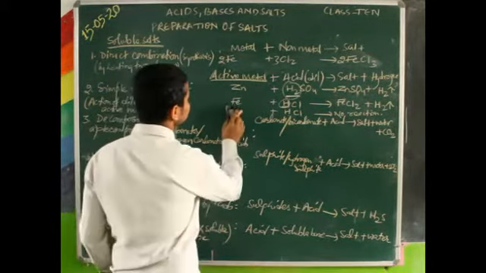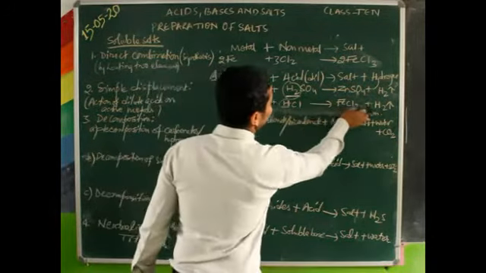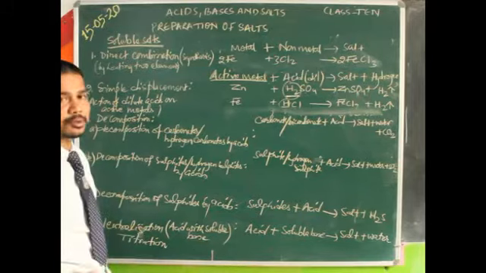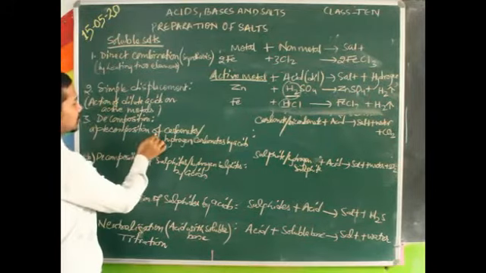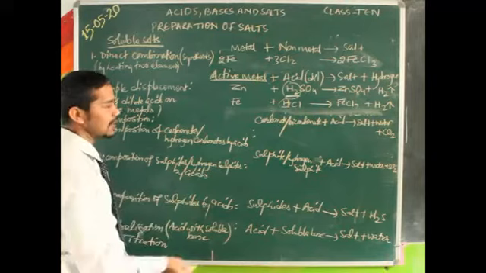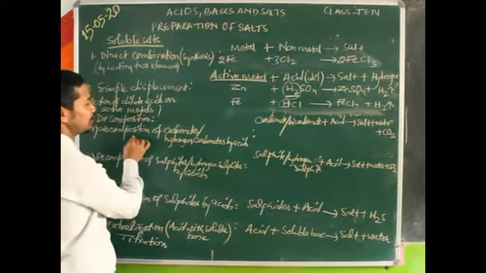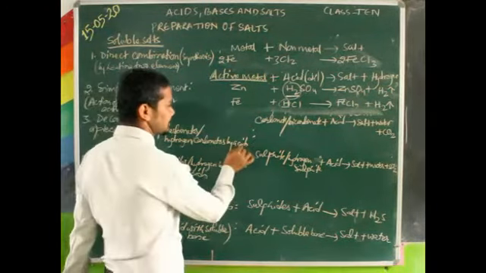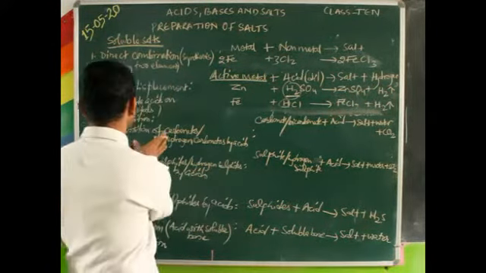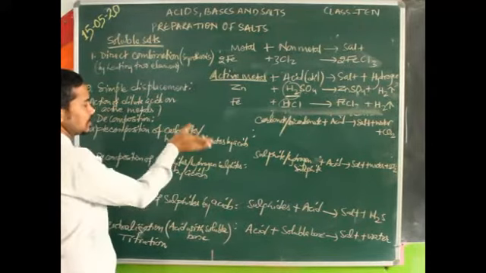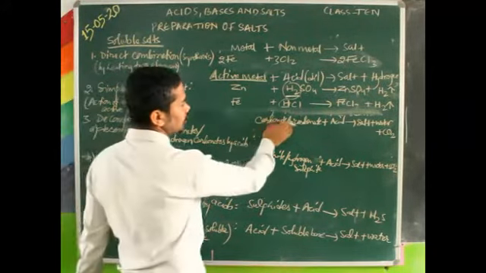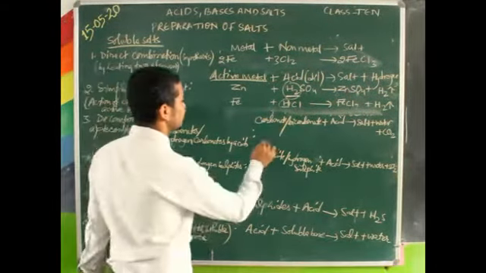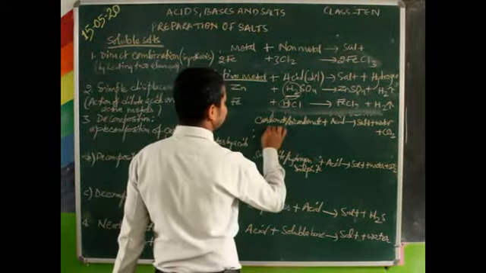Okay. Now another way is decomposition. By decomposition there are many ways. Decomposition of carbonates and hydrogen carbonates, or bicarbonates, by acids. So acid will be decomposing these salts. Carbonates or bicarbonate plus acid gives salt plus water. So for example, any carbonate,